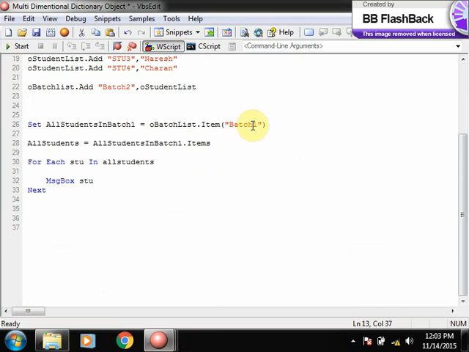Now if you retrieve from batch 2, it will retrieve all the students which are there in batch 2. That's how you create two-dimensional dictionary objects. This is an important technical question. How can you create a two-dimensional dictionary object? Then you have to use two